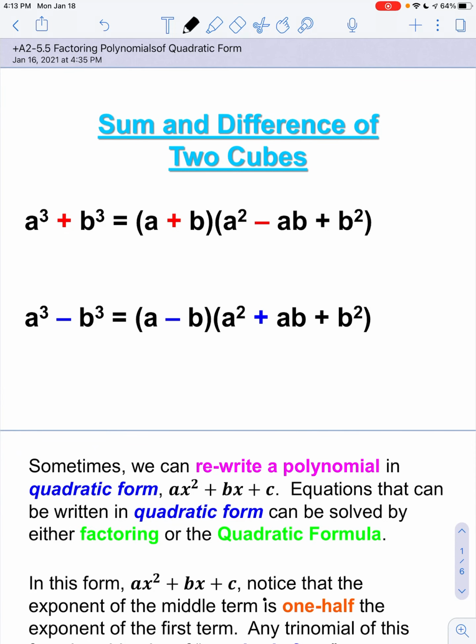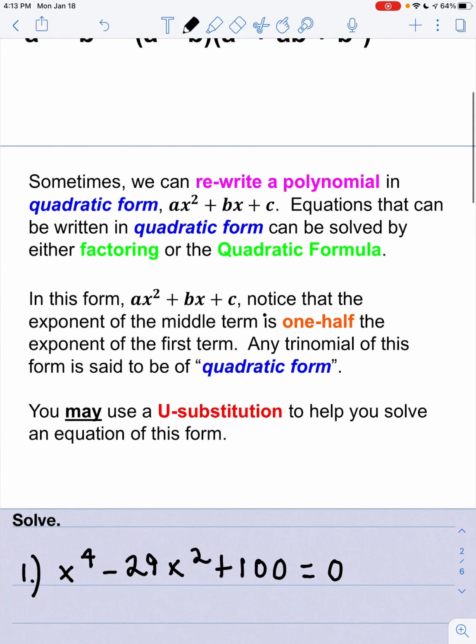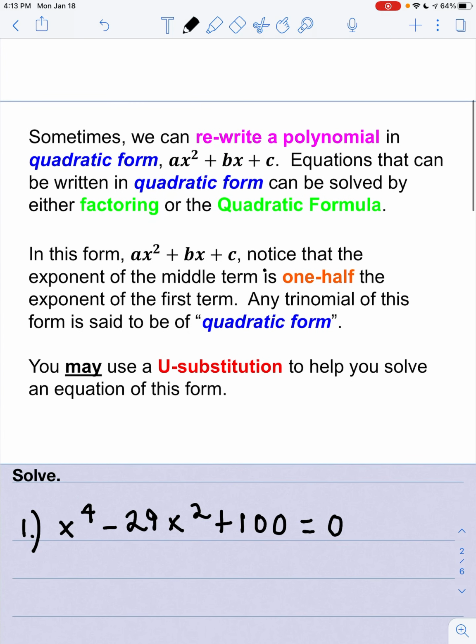Today's lesson is our second day on section 5.5, factoring polynomials. In our last lesson, we learned how to factor a sum and difference of two cubes. Please look at Canvas to find the examples that we did in class. Today, we're going to spend a second day over factoring, and our lesson is going to be on factoring polynomials